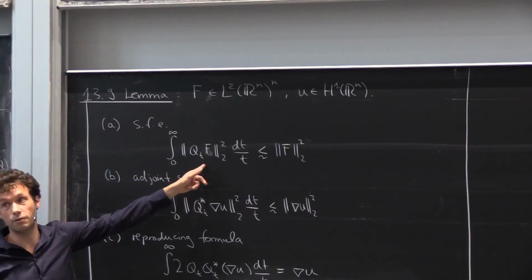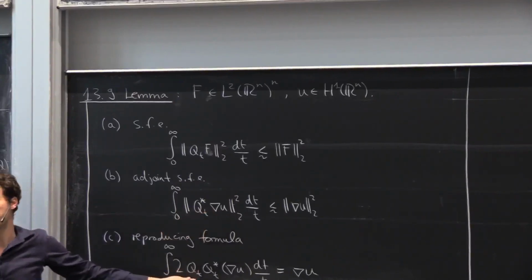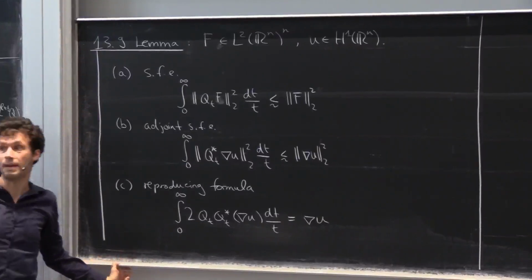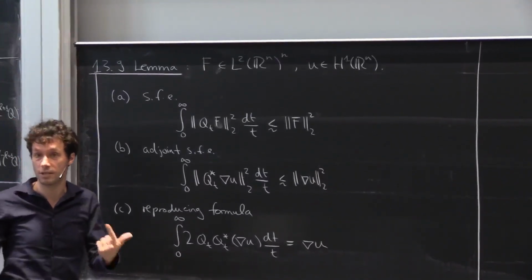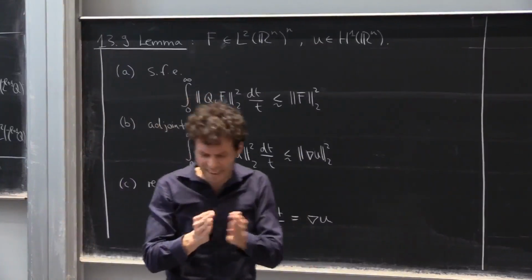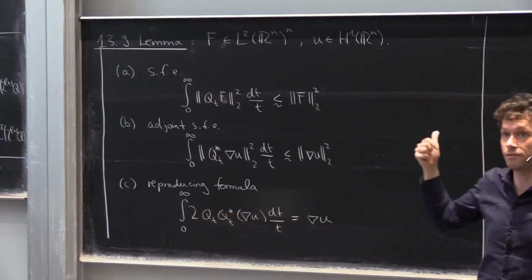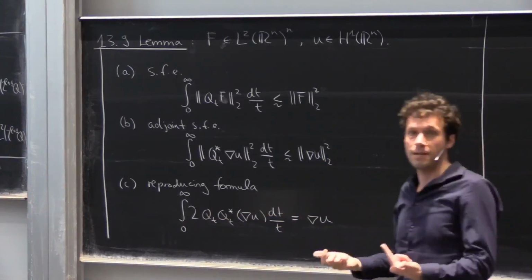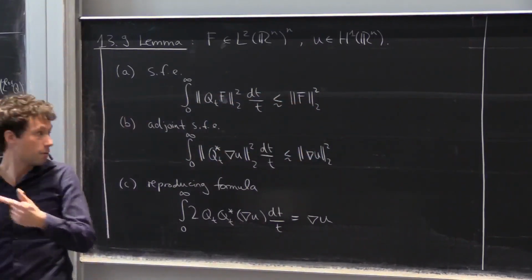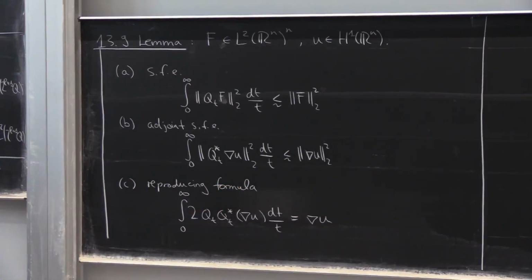Now all of these things should look very familiar to you, because this is a square function estimate involving something like functional calculus. This as well looks like a Calderón reproducing formula. The only thing is that these formulas do not happen entirely inside of the functional calculus for the Laplacian, because we also use gradients. They are just ever so slightly off the setting that is purely operator theoretic, because there is the gradient. But you know that because the Laplacian is a self-adjoint operator, or because you followed lecture 4, that we can deal on the level of global norms, like here, we can always trade a gradient for the square root of the Laplacian, and then we're inside of functional calculus.